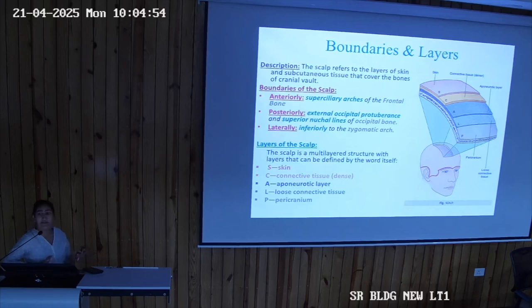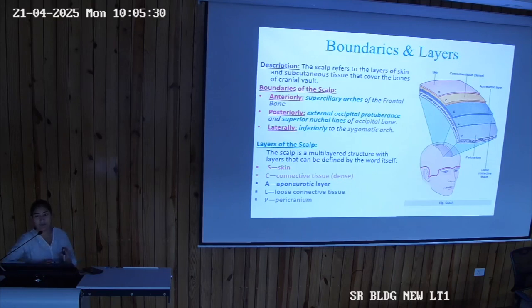Both of these layers have their specific clinical importance. If it is dense, fibrous, inelastic, what clinical conditions can arise from here? And if it is loose, what other conditions can arise, like a black eye? Then comes the pericranium. What is the pericranium? All bones in the body are covered with a layer called the periosteum. Here in the cranium we call it the pericranium. Hope the names of these layers are clear to you.